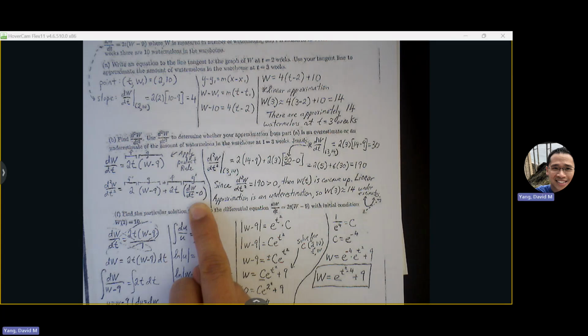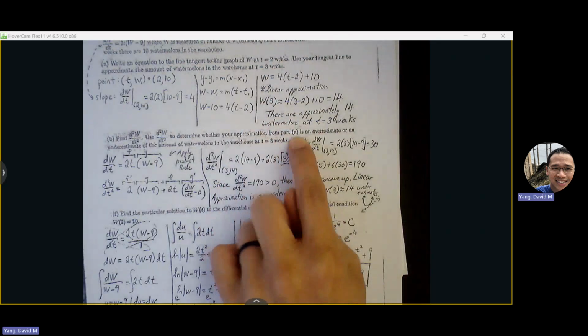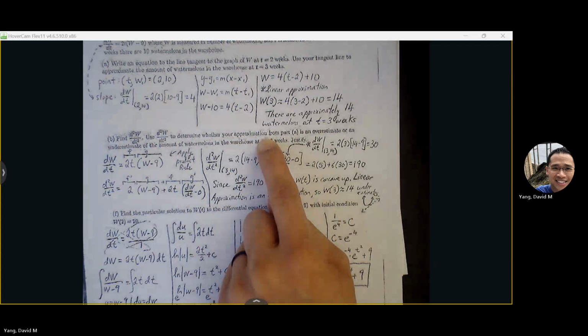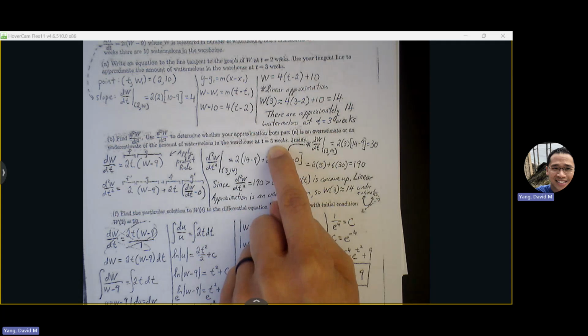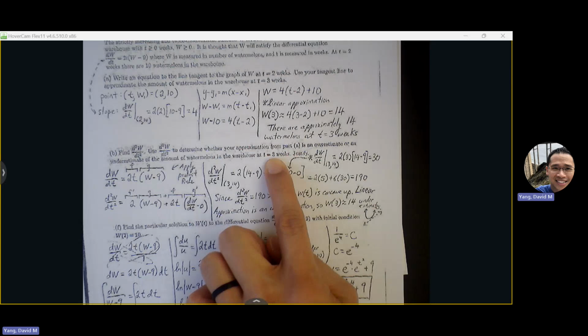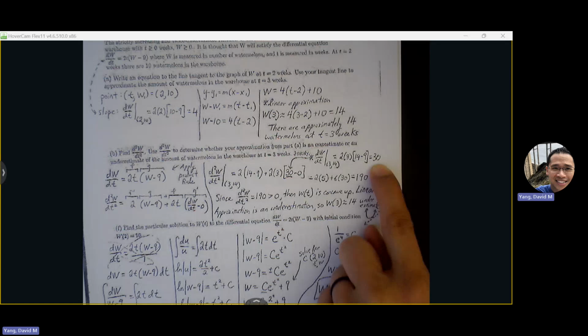Why are you supposed to use the approximation from part A? I was confused why you're using that for B. It says determine your approximation from part A. Yeah, so we have to rely on part A since we don't have any other information to get the amount of watermelon at 3 weeks. So we have to rely on that 14 there. So that 14 gets plugged in